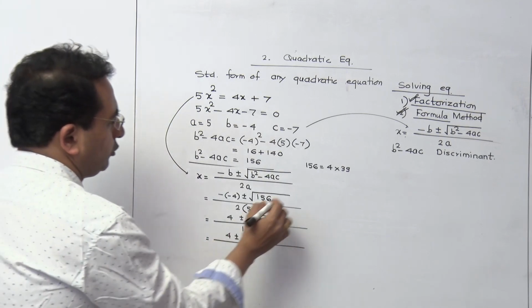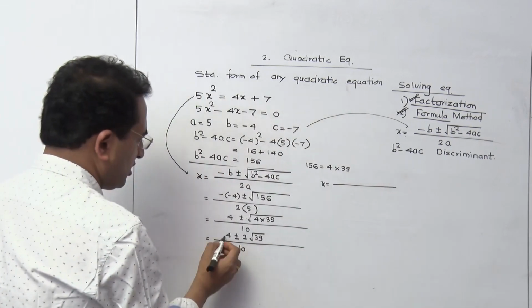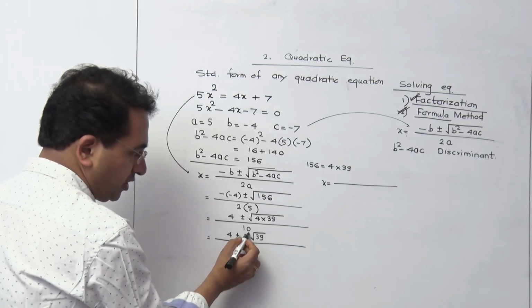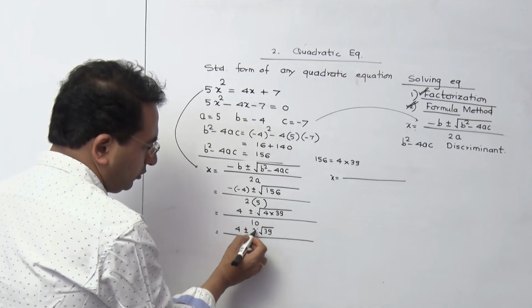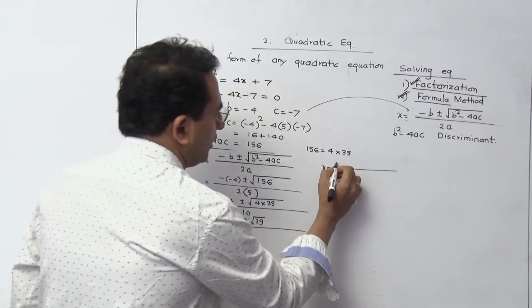I'll show you that calculation further here. X is equal to. Now this is 4, this one is 2. So we cannot take this cancellation. Now many students do it: 2 ones are 2, 5 twos are 10. But there is one more number, so this type of cancellation is invalid. So we have to take 2 common.